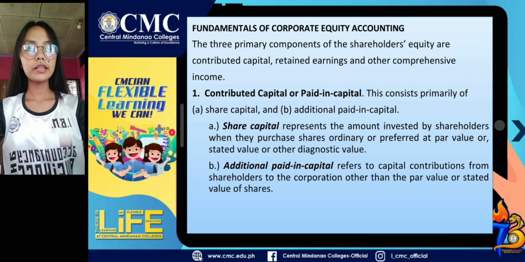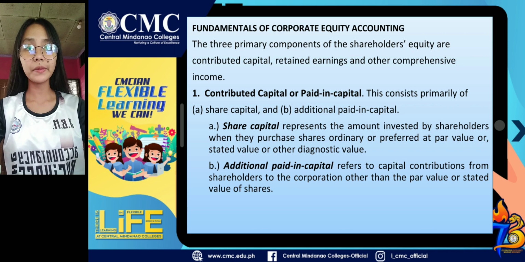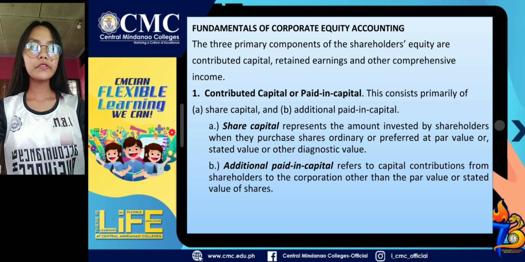Next, we have the fundamentals of corporate equity accounting. So there are three primary components of the shareholders' equity, which are the contributed capital, the retained earnings, and other comprehensive income. So let's start first with the contributed capital, or sometimes called the paid-in capital. So dito, sa contributed capital, meron siyang dalawang types, which are the share capital and additional paid-in capital. Share capital represents the amount invested by shareholders when they purchase shares, ordinary or preferred, at par